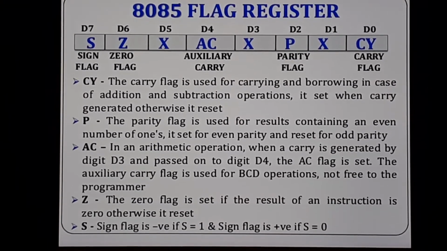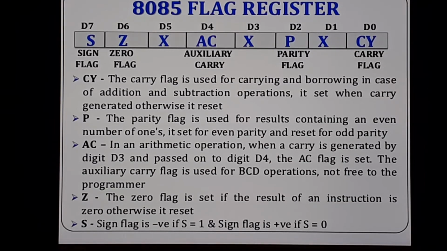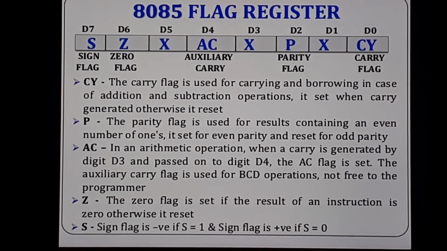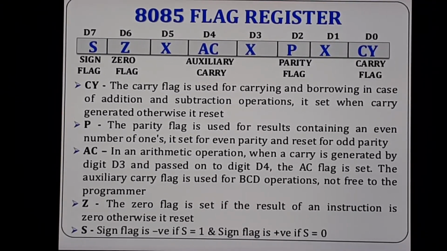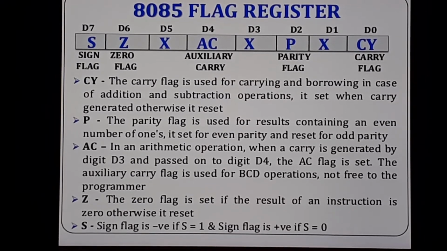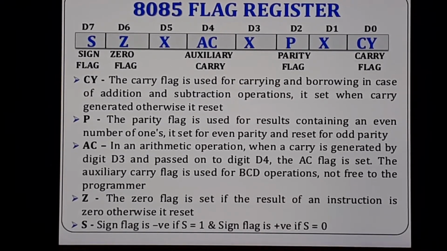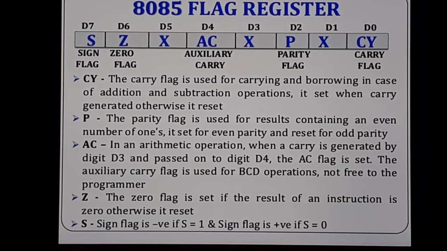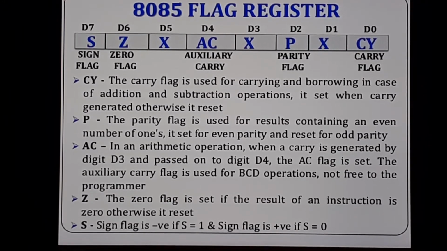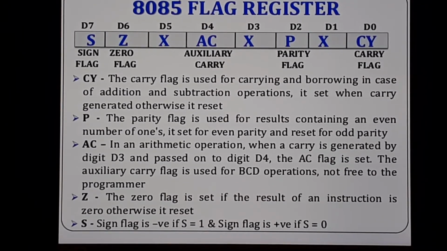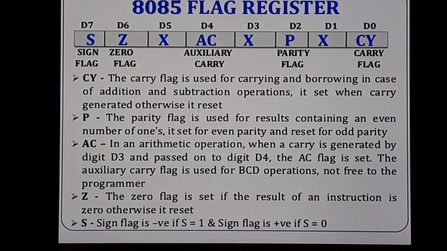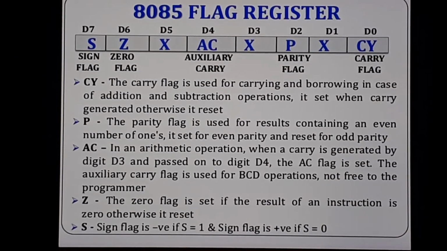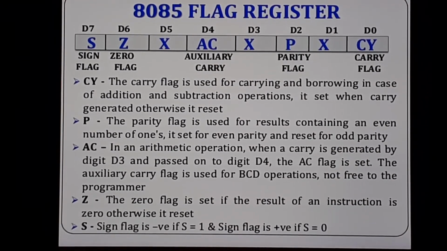Now we'll see one by one what these flags are, and what they do. So flag register means all these bits are related to my accumulator, that is the 8-bit register accumulator, which I have already told you about. So what it does is the addition and subtraction process, and whatever result comes, addition or subtraction of what, of my 8-bit binary numbers.